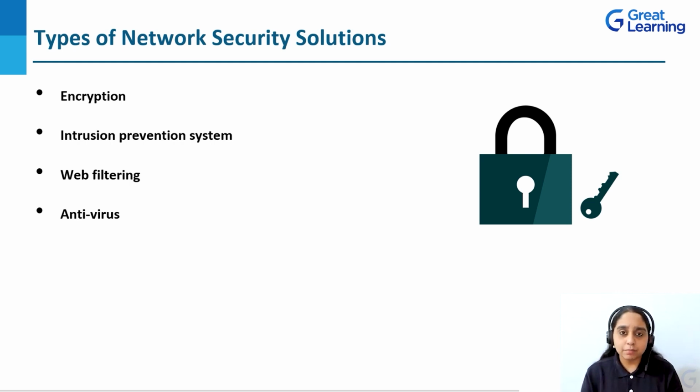Most of you would have come across the statement end-to-end encrypted on social media. End-to-end encrypted means that the messages sent between two parties cannot be accessed by anybody else except the sender and receiver. Even the service provider cannot access these messages. To encrypt these messages, various encryption algorithms are used.